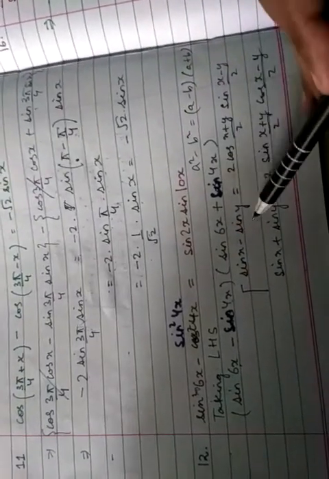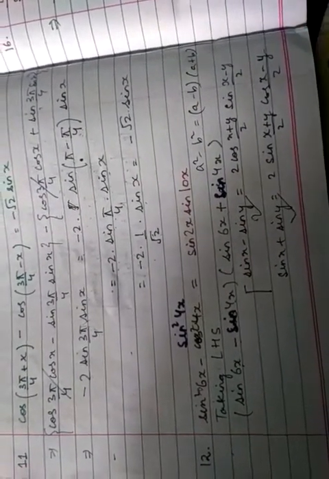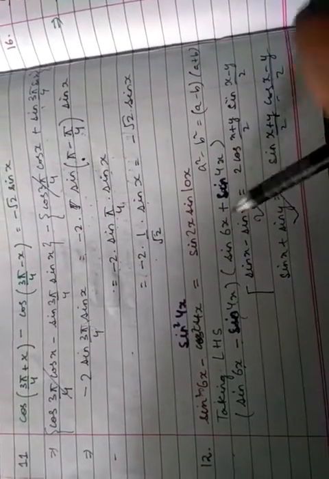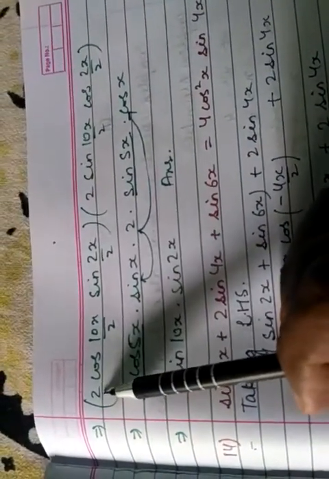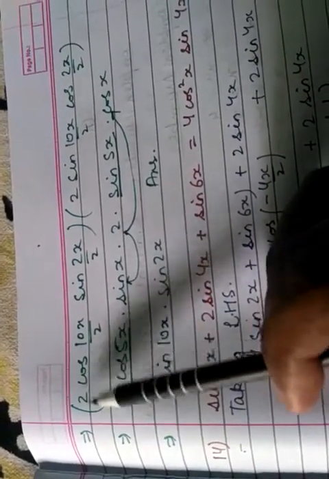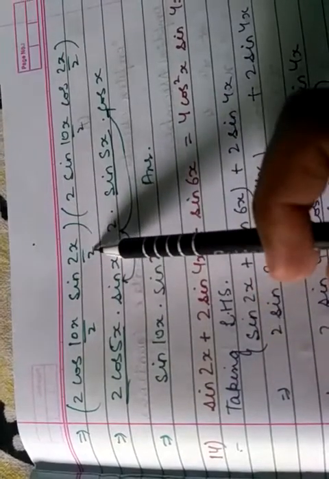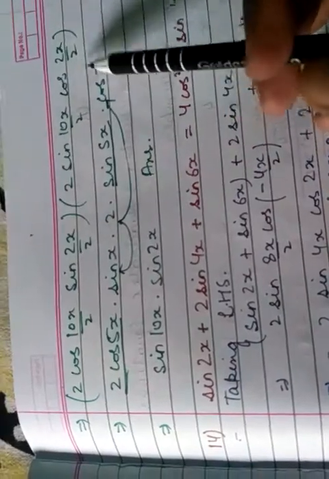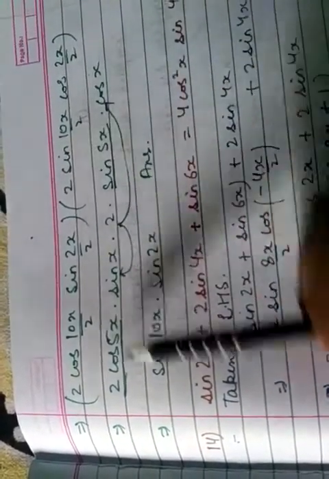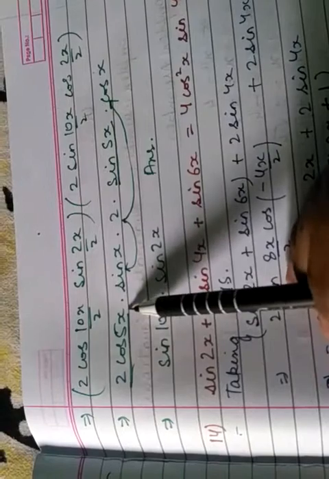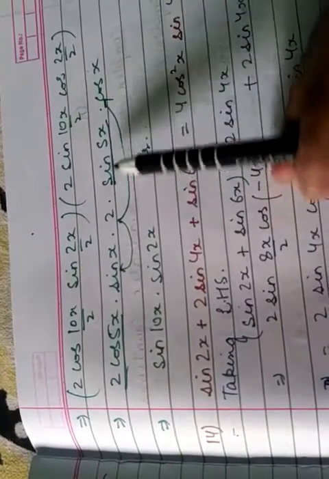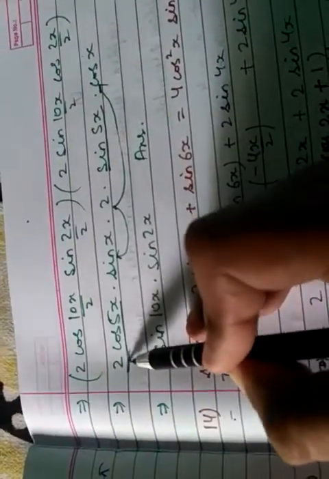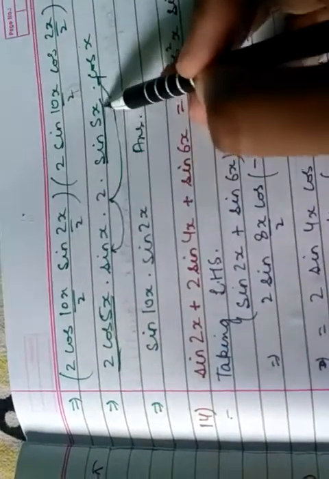Now we have studied the formula of sine x minus sine y and sine x plus sine y. So you will mention the formula, and then you will solve both of them. The first bracket will give you the value 2 cos (10x plus 6x... by 2) sine 2x by 2, and the second bracket will give you 2 sine 10x by 2 cos of 2x by 2. So you will solve this. See, this is 2 cos 5x into sine x plus 2 sine 5x into cos x.